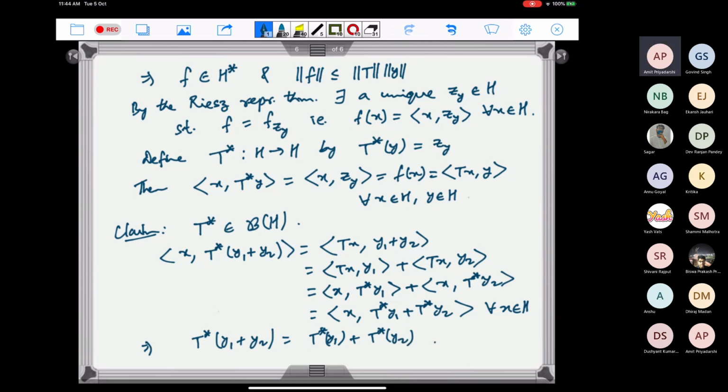Right? Because for inner product, if I have x inner product y equal to x inner product z for every x in H, then that says that x inner product of y minus z is equal to 0. That is true for every x. Then you can take x equal to y minus z to show that y minus z is 0. So this is simple. Similarly, if I have t star of any scalar multiple of y,